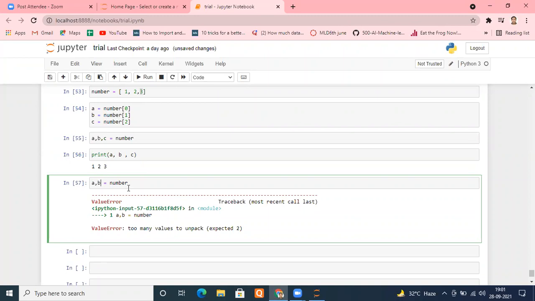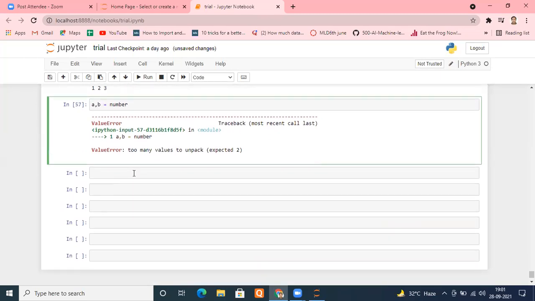But there is an option. There is a very good option. How to deal with that? Suppose now we are having only 3 elements. It may be possible that you are having 1000 elements, and you need just the first 1, 2, 3 elements of the list. For example, you don't bother about others, but you need the starting element and the last element, the middle you don't want. So we need to have some mechanism so that we can access only the elements we want. So how can we do that?